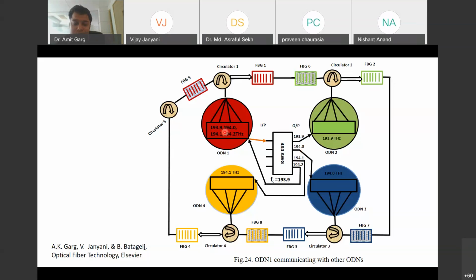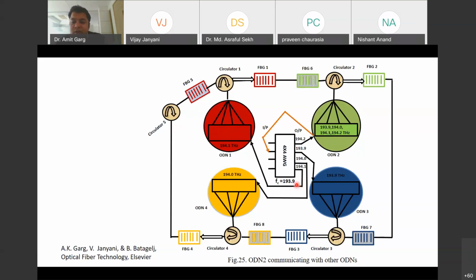So suppose this one is at 193.9 terahertz, then it will be able to reach the corresponding port, and so on. Okay, so this is how the inter-ODN communication is taking place.